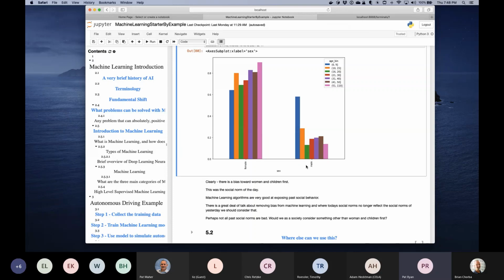And what we have to ask is, do those social norms of yesterday apply to the social norms of today? Because I don't think there's anyone that would argue that we have to change this machine learning model so an even number of males, females, and age groups die. So it's a really sticky problem, but I like to point this one out because I think it's easy to relate to. So I hope I didn't step on something really bad there, but that's why I like this particular example.